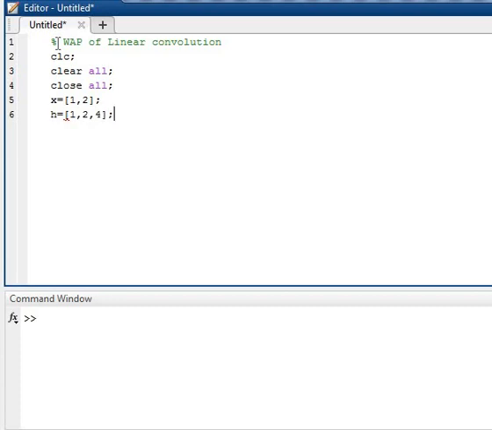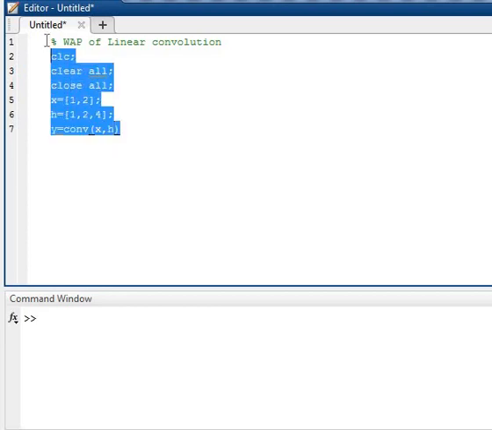You can take anything. Then after that I will take the output y is equal to, first of all I will tell you by the help of a command, conv of x comma h, and you will get the result.